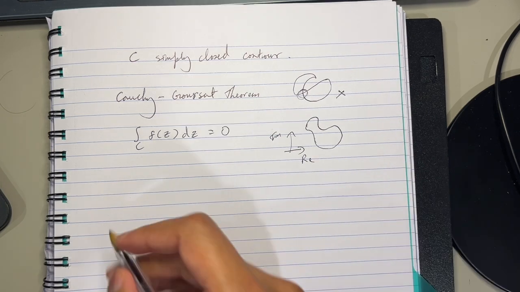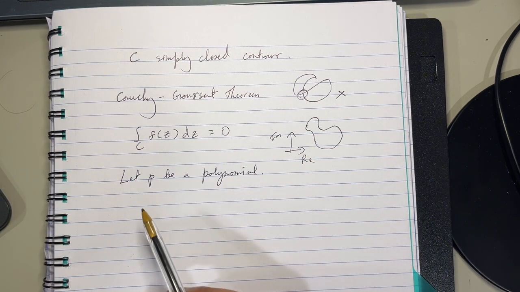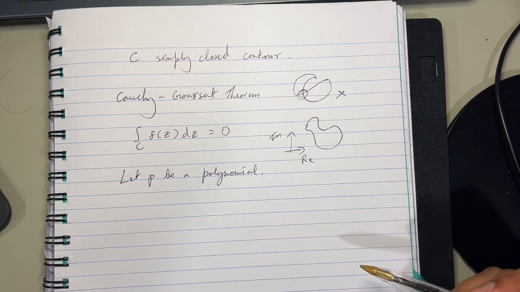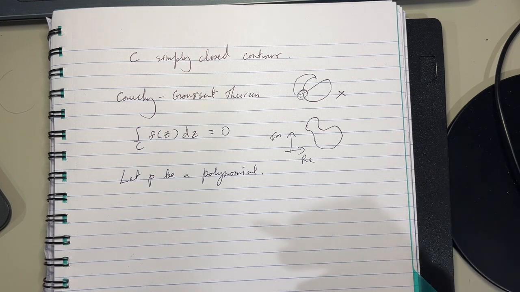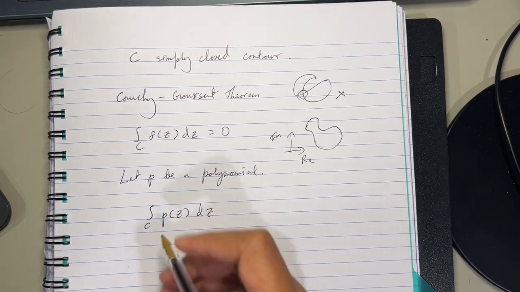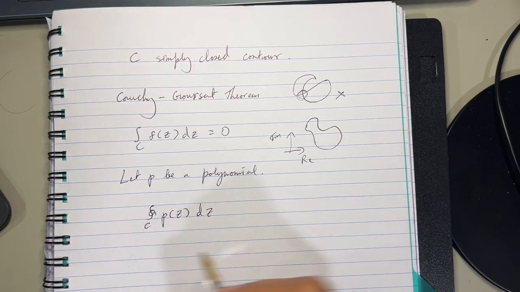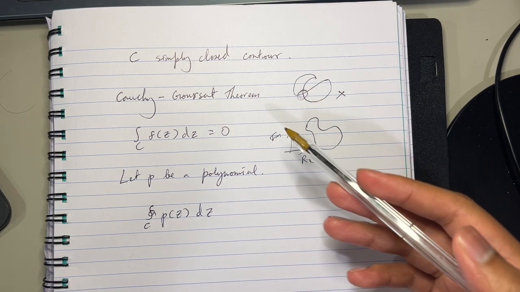Here's what we're going to do. Let P be a polynomial. So the theorem says that P just has to be defined on a simply connected domain. But because it's a polynomial, we can define it on the whole of the complex numbers anyway, so we don't really have to worry too much about the domain having to be simply connected or anything. So we just want to prove that the contour integral of this complex polynomial over this simply closed